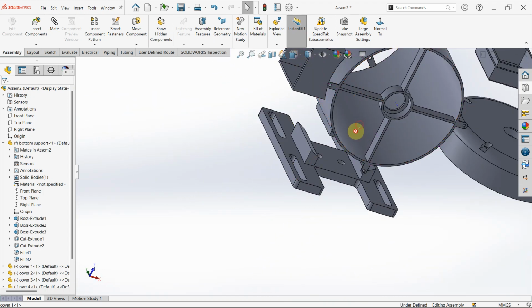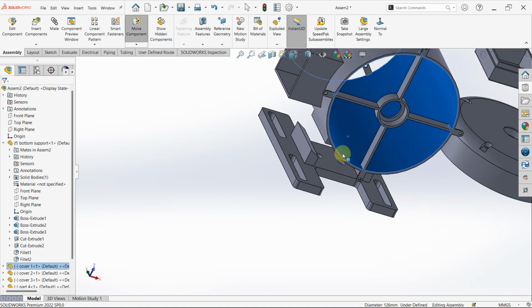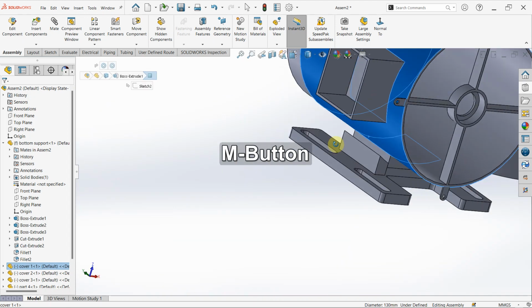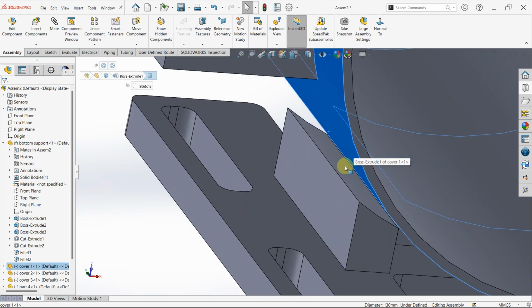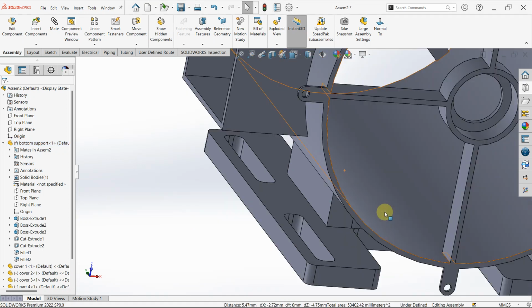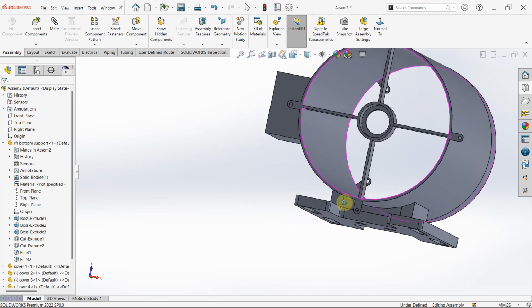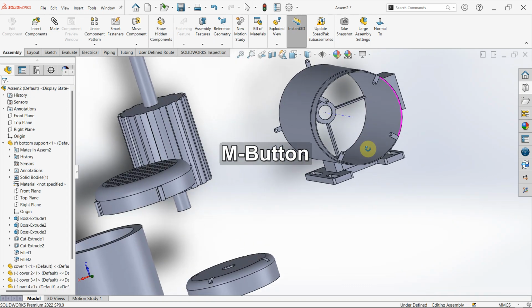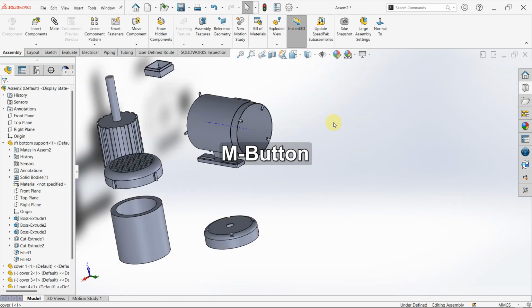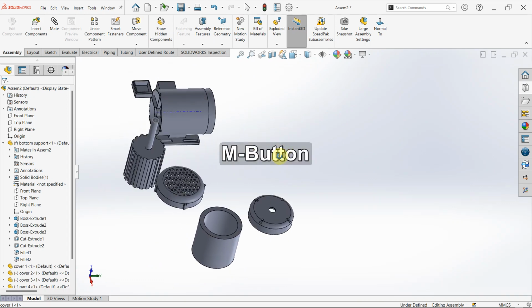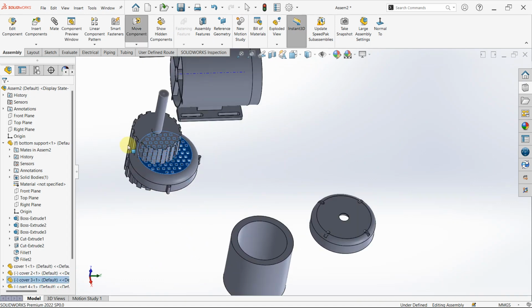Now this body can go up and down. So let's add a concentric relationship to this side also. Good. And now we have this at the right position. That's its right position. So now this also comes next. But before that, let me add